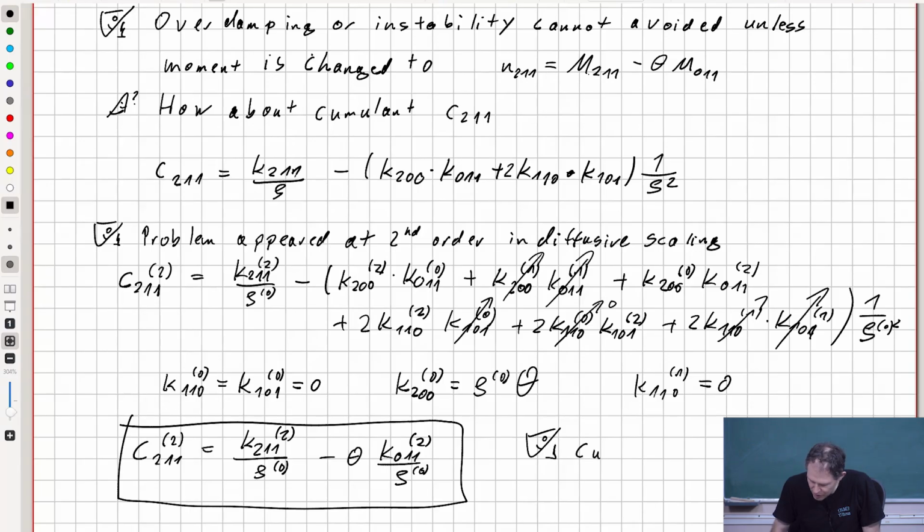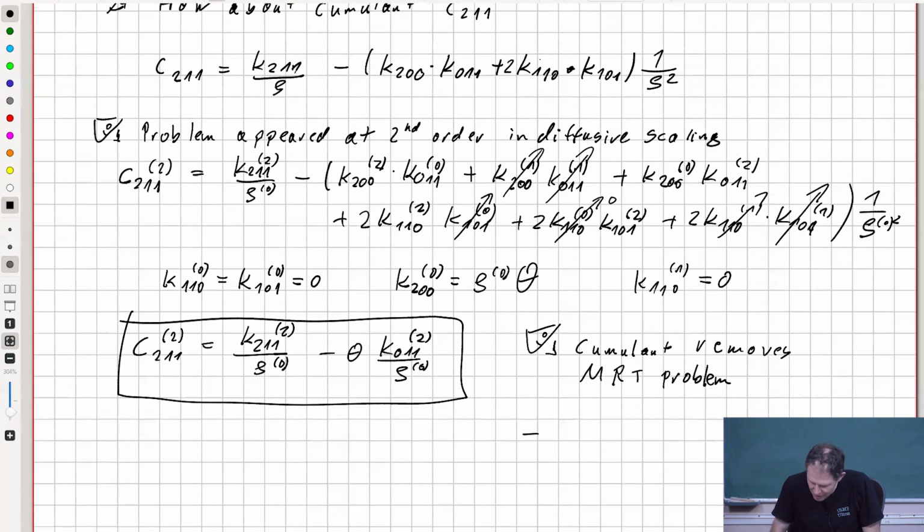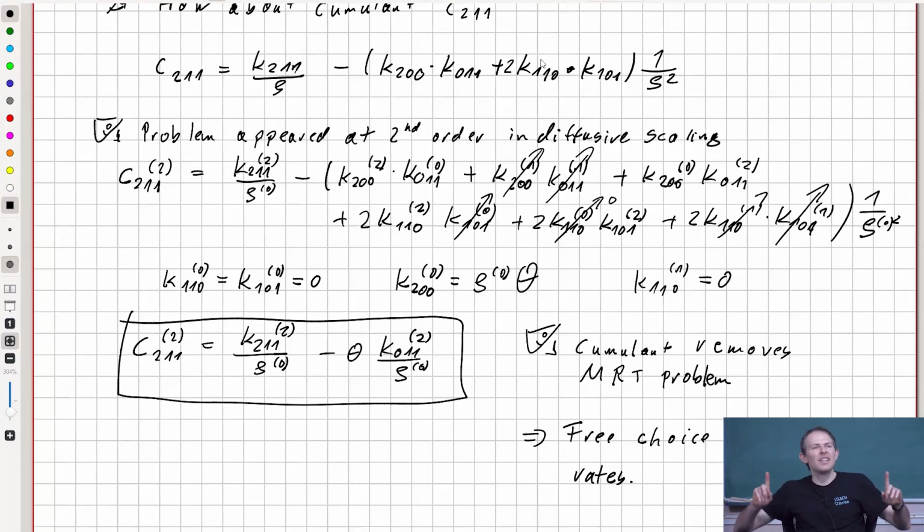So writing this down: cumulant removes MRT problem. And this means we are now finally free. We have a free choice of relaxation rates for the different cumulants, which previously we had not. Okay. This concludes